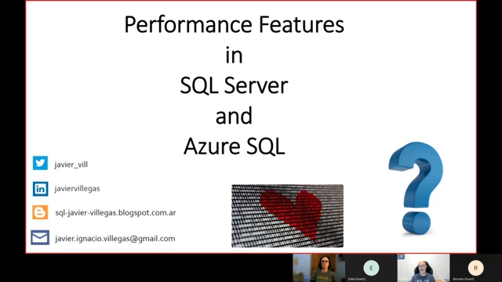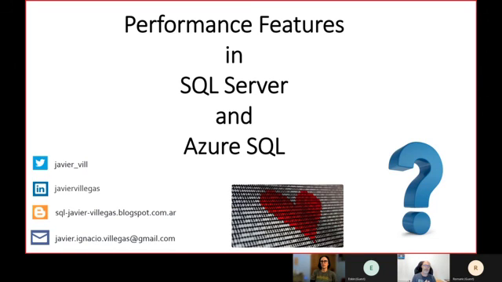There are a few others coming. It's still not a lot of material available because it's still in private preview. Soon, when it comes to public preview, there's going to be a lot of presentations around it.